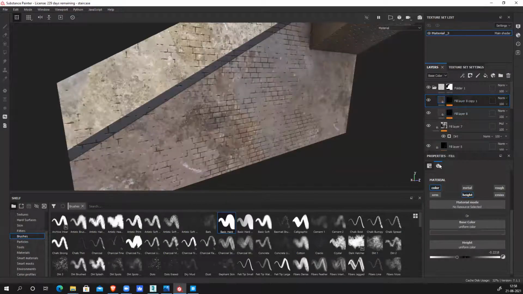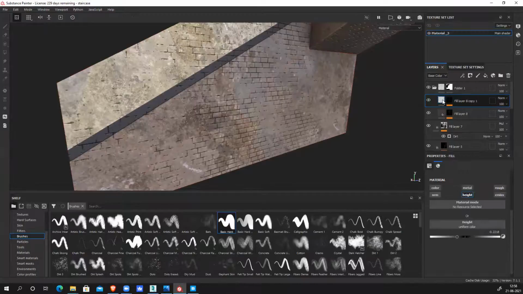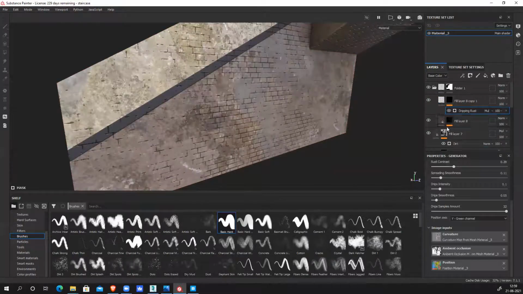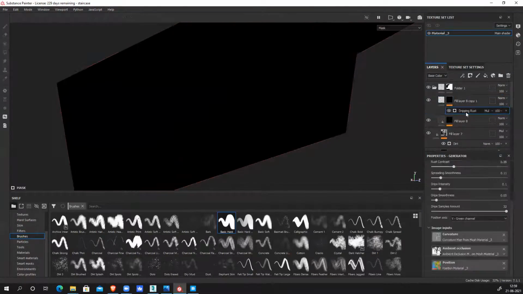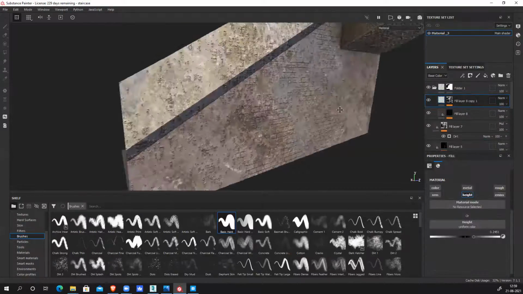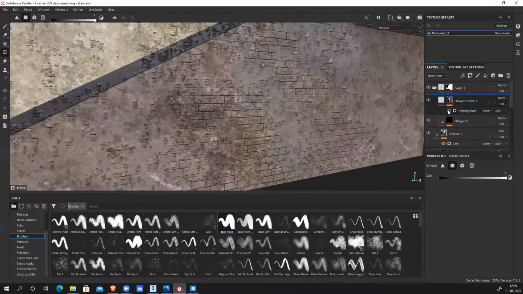And I don't want any color information from this. This time I want only and only height information from this. So this brick is not required, delete it. Only this surface is required, height. Let's multiply, make it normal. So you can see all these things generating with the help of this.